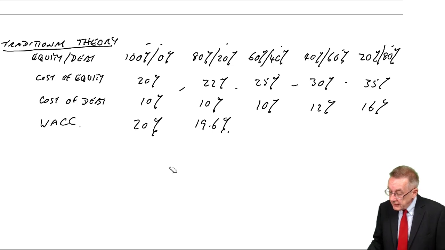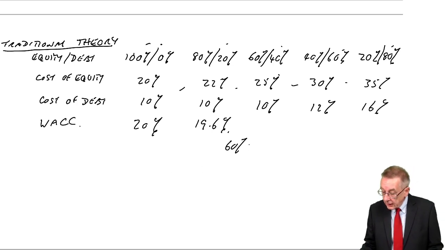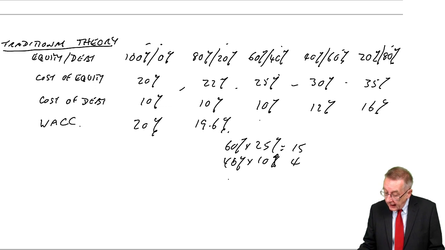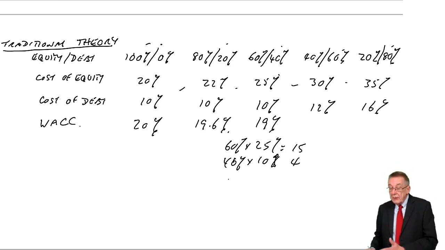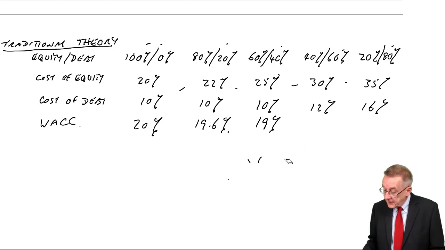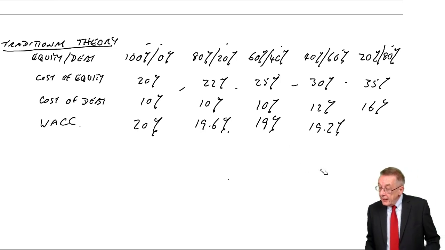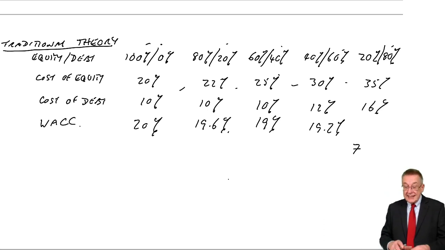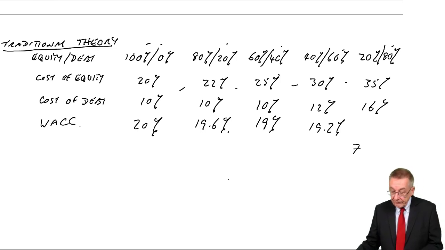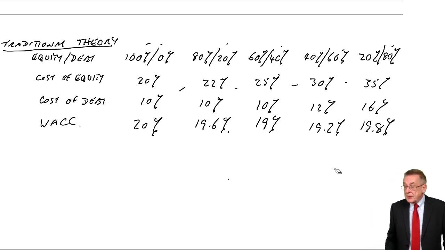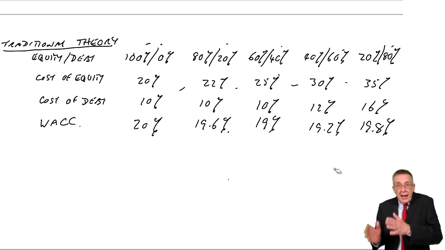What happens if we go 60%, 40%? Well, 60% equity at a cost of 25%, 40% debt at a cost of 10%. 60% of 25 is 15, plus 4. The weighted average cost would fall to 19%. Similarly, 40%, 60%: 40% of 30 is 12, 60% of 12 is 7.2, giving 19.2%. And finally, 20% of 35 is 7, 80% of 16 is 12.8, the total 19.8%. Again, I've invented those figures, but just to illustrate the idea that as the level of gearing changes,